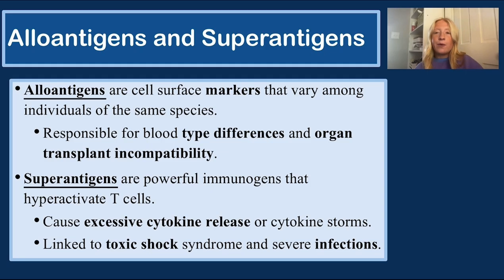Now I'm going to talk about alloantigens and superantigens. Alloantigens are cell surface markers, and they vary among individuals of a species, and because their markers are unique, they become important in medical contexts, like blood transfusions and organ transplants. And then superantigens are microbial molecules. They massively overstimulate the immune system, and they activate T cells at levels way higher than normal antigens. This is why they are superantigens, and this overactivation leads to huge amounts of cytokine